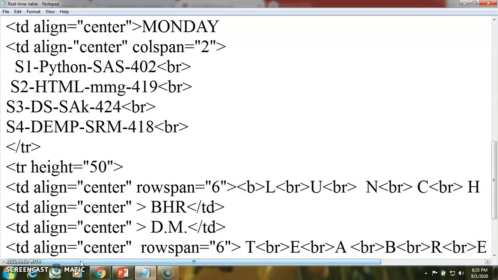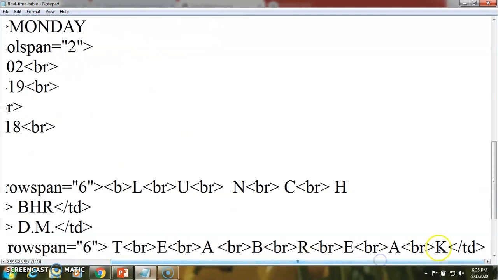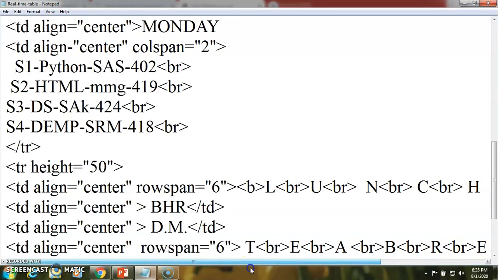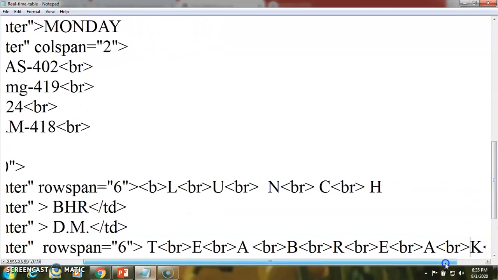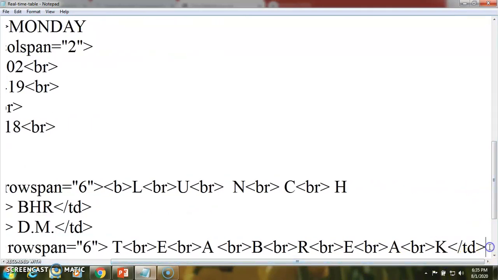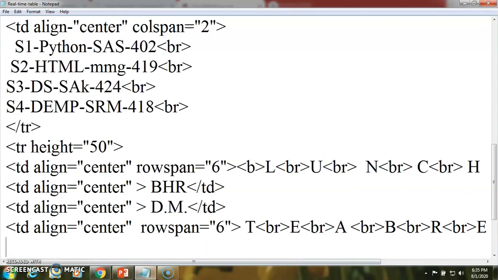So here all the text is going to display break wise. The break is going to display on the table. In this way we can add those data one by one in that cell.